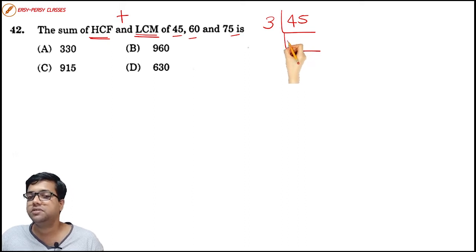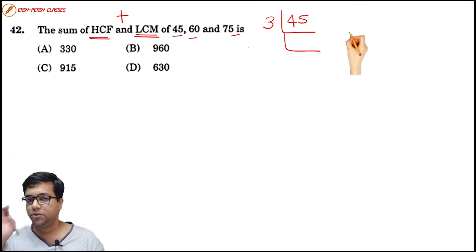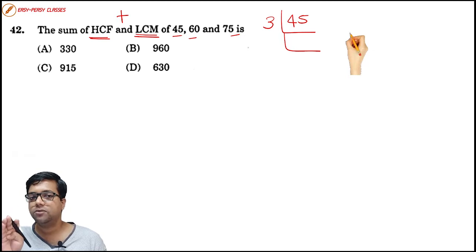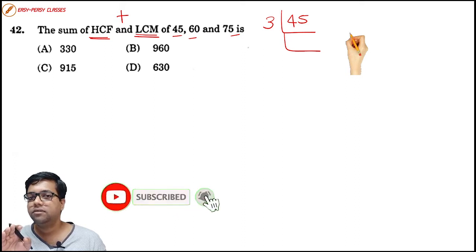For these kinds of questions you should know tables very well. Tables from 1 to 20 at least. If you know 1 to 30, that is much better. The calculations become much faster. Not just the tables, you should know cubes, cube roots, squares, square roots, and tables up to 25, 20, 30. 30 is better, 25 is good, 20 is okay.